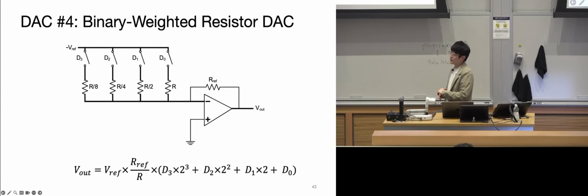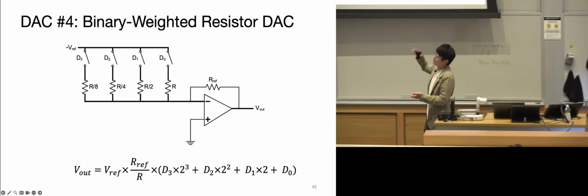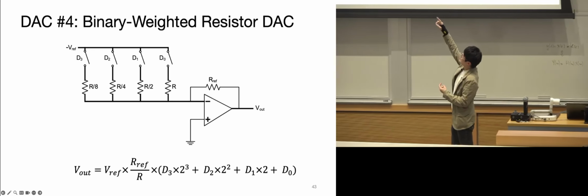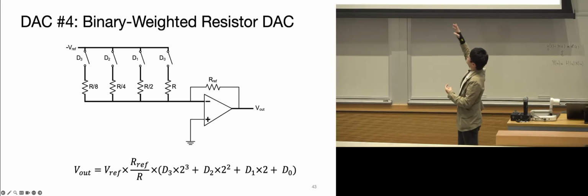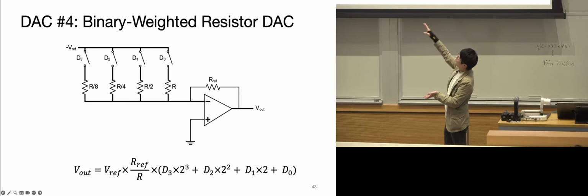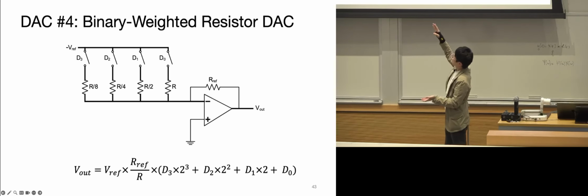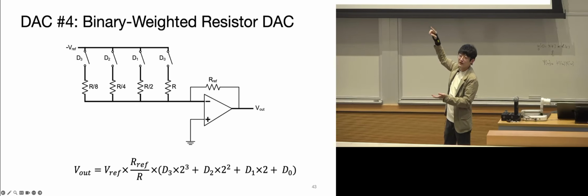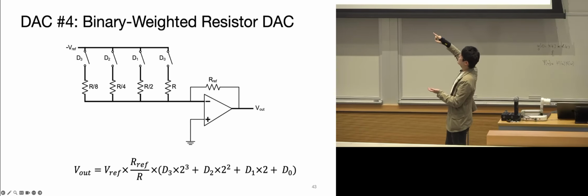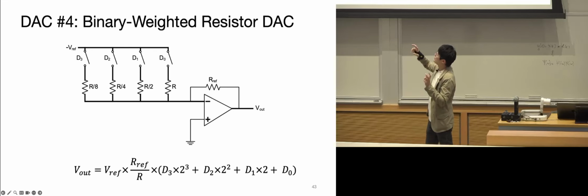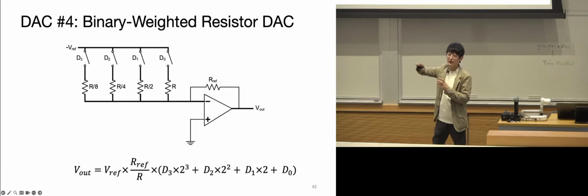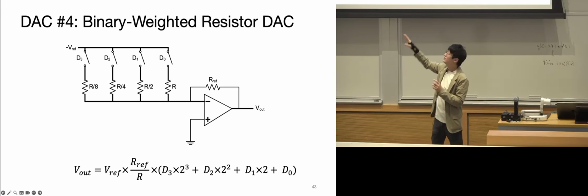Based on a similar idea, we also have another variant of this voltage dividing circuit, and you can call this binary weighted. Instead of having the R, 2R, we have essentially a V reference connected to the circuit, and you have R over 2, R over 4, R over 8. That also depends on which of these switches are connected to the circuit. That will give you a continuous value for all the 4-bit steps.